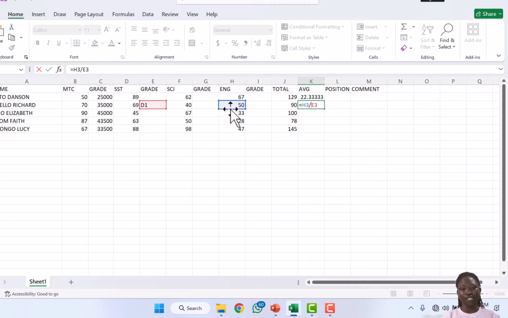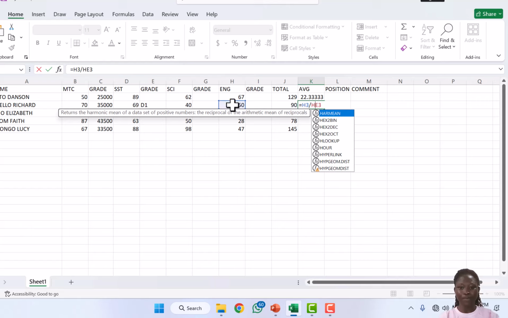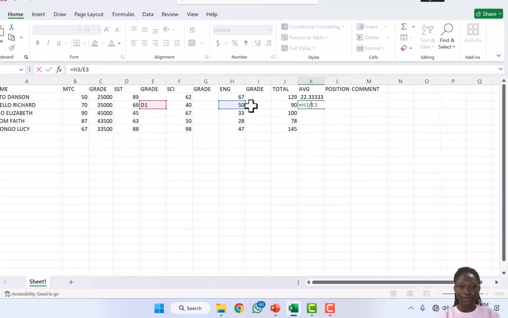I hope you're understanding. It cannot divide a number. So that's where the problem is. It means there is a problem in the values that you have entered in our formula. So whenever you see this mistake, the #VALUE!,